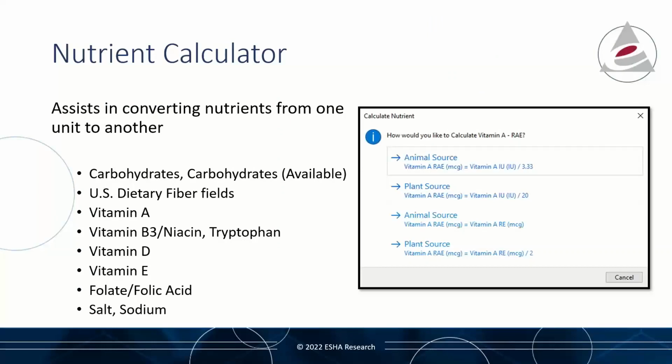In working with the nutrient data, you may also want to use the nutrient calculator. So the nutrient calculator performs conversion of nutrient units as well as calculations to fill in some of the blanks that can be determined mathematically. The nutrient calculator functions automatically, or it can be applied as a manual setting. And it can help you populate fields like available carbohydrates or the dietary fiber fields, some of the vitamin fields, and you'll see salt and